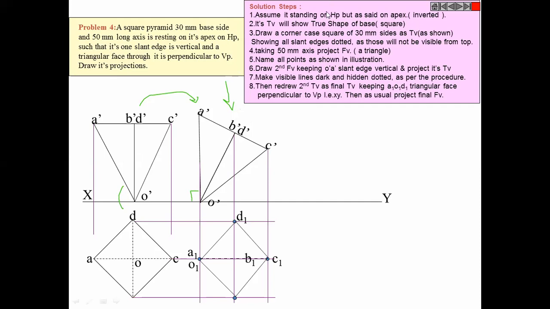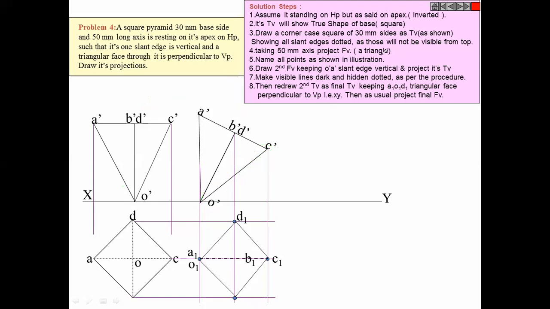The farthest point is O. So all the lines which you can't see directly should be dotted. If you are seeing this, then this OC line you are seeing through the solid or not. Everything else you will be able to see, but this OC line is through the solid only. That's why this OC line will come dotted.